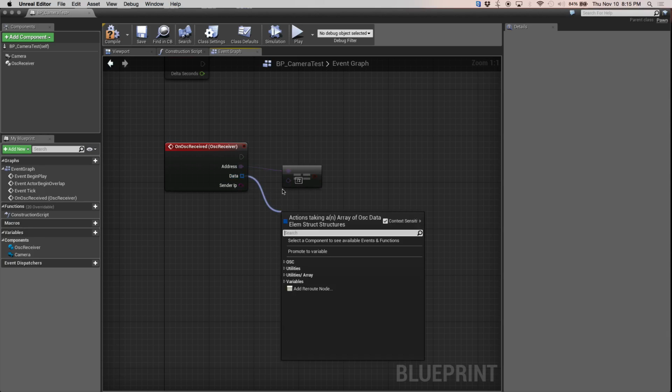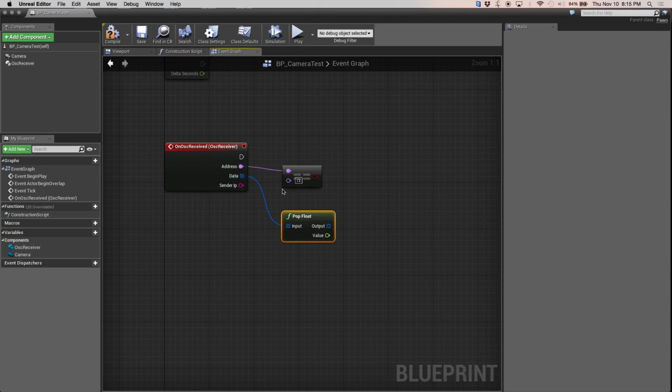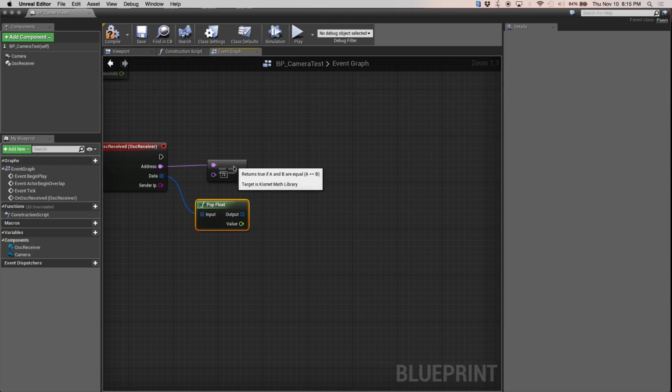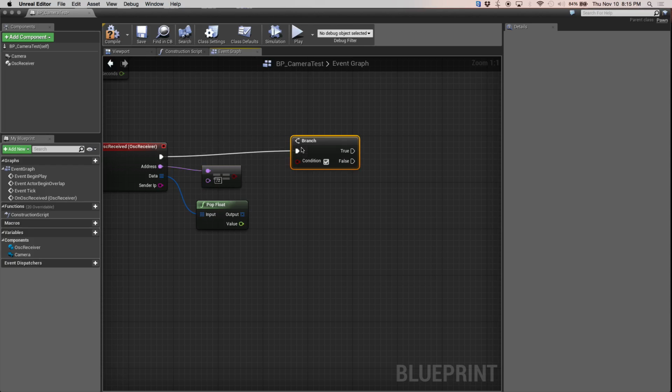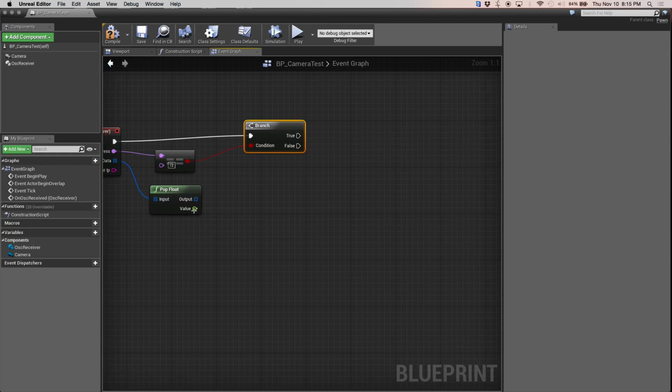So for this plugin, we're going to pop a float, taking it off the top. Every time we take off data, we're popping off a float, popping off an int, and you can print string to help distinguish all this stuff for you. In blueprints, an if statement is called a branch, which we've used before. And that's a conditional. And if the condition is that data is on channel Z,